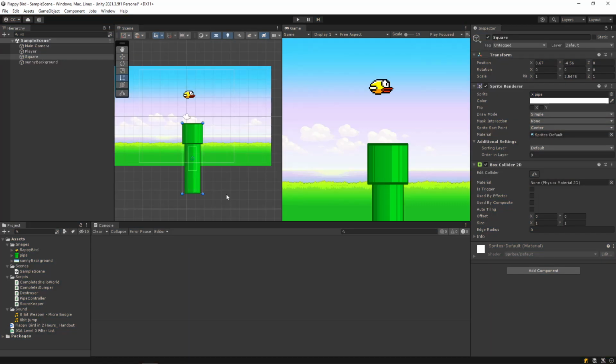We can fix this by, probably the easiest way to fix this is to select the player and find this circle collider 2D. We can just reset the properties on this by clicking the three dots right here and just click reset. Then Unity will automatically calculate how big it wants the collider to be. Nice and easy. And it doesn't quite match up. Looks like it's doing a really lousy way of making this circle collider appear.